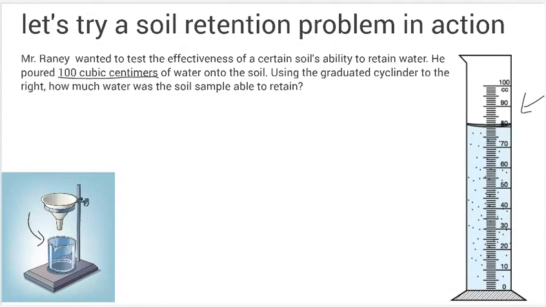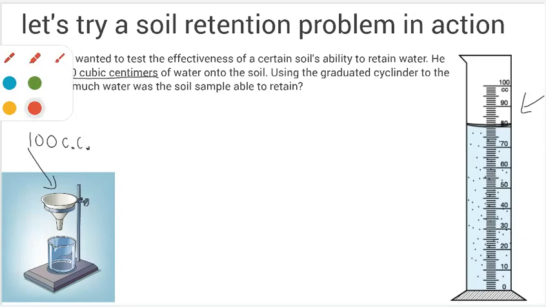So let's come back to our picture. And so if we come here, Mr. Rainey is pouring in 100 cubic centimeters, cc's. So he pours in 100 cc's into our soil. And of course, our soil is what is in our little funnel. So imagine we put soil in that funnel. Now, it says, look at the graduated cylinder to the right. Well, if we look to the right,